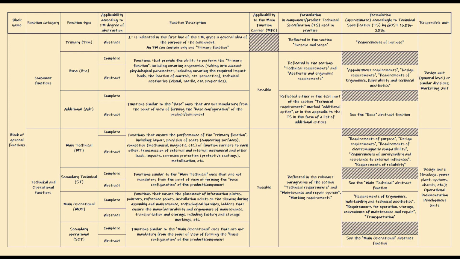The presence of consumer and technical and operational functions in the functional model is usually due to a given degree of abstraction. So consumer functions can be both in the full and the abstract functional model, whereas technical and operational functions are more likely to be present either in the full or in the abstract model of low degrees of abstraction, i.e. as close to complete as possible, which will be the housing of the Fromville Hub, which we'll consider in the next issue devoted to practical cases of formation of structural and functional